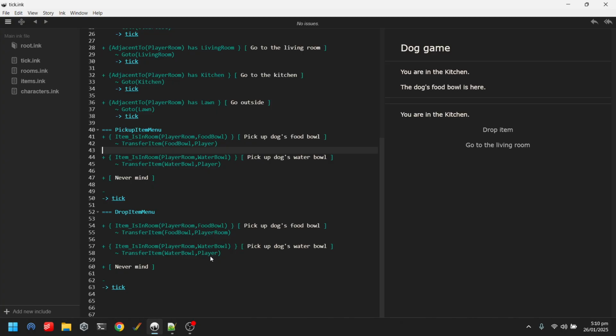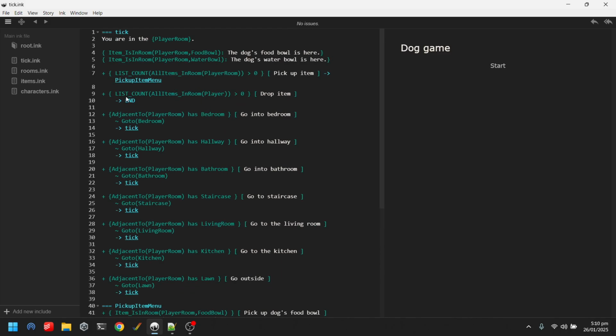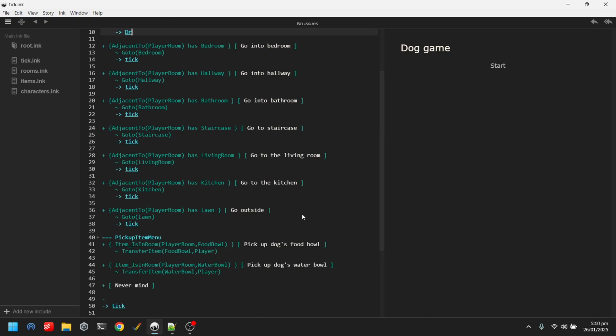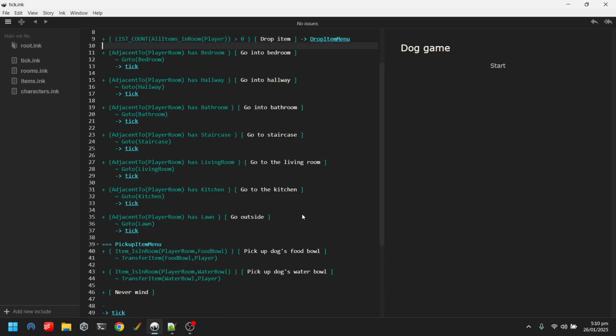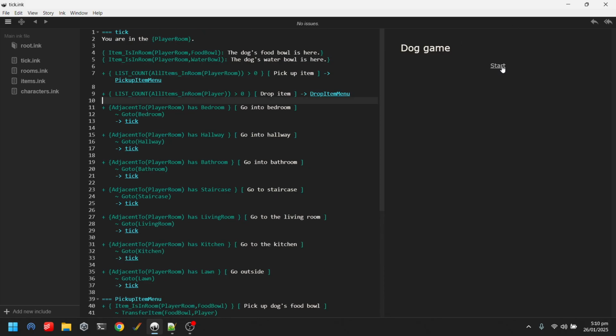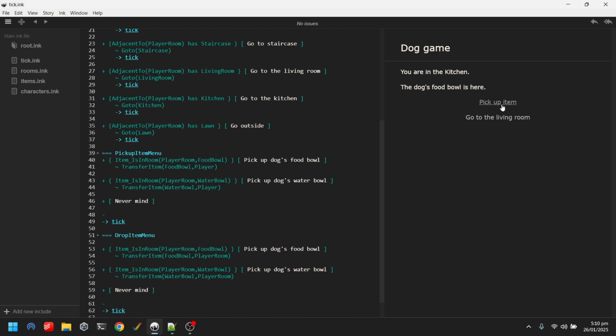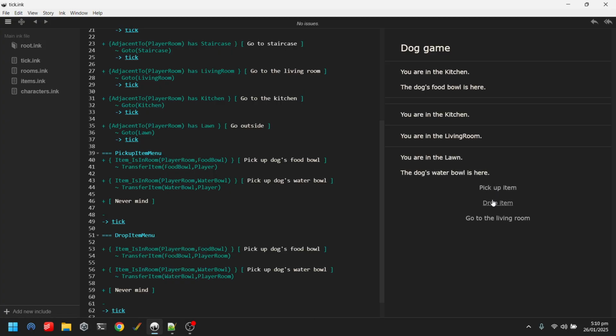But anyway, going back to where I was, I forgot to do this: drop item menu. Okay, so if I pick up the dog bowl, let's go to the living room. Let's go outside. Let's drop the